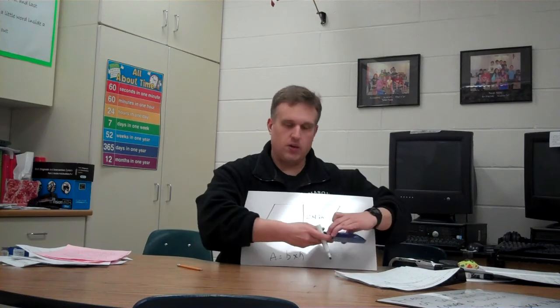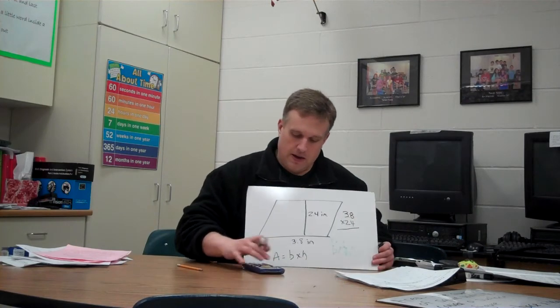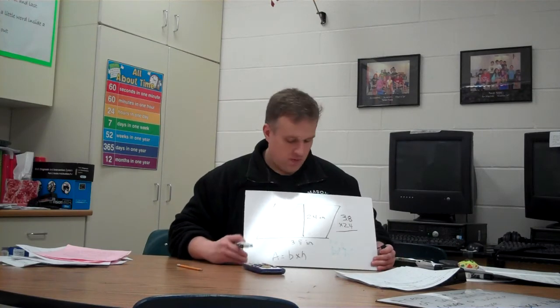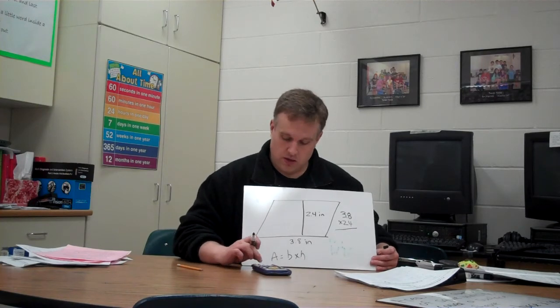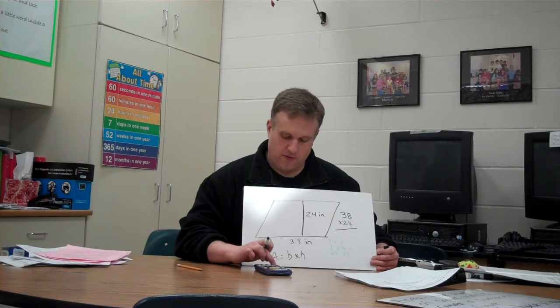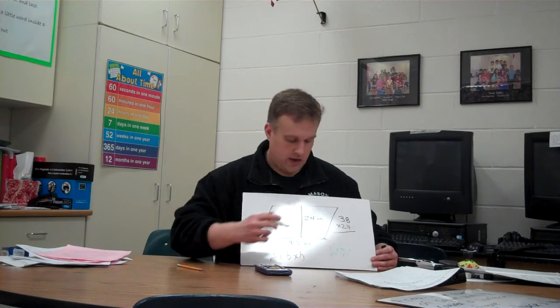Okay, and I'm not going to solve that on here because we're allowed to use our calculator. So when I do that in my calculator, and you should be doing it too, 3.8 times 2.4 equals. Okay, I got